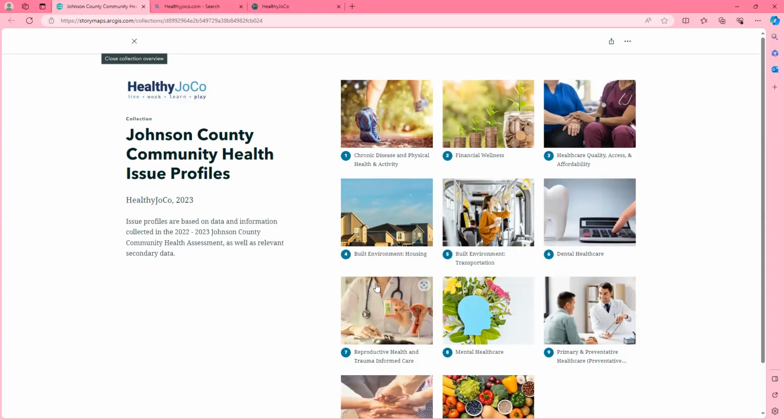The purpose of the issue profiles and the community survey is to share the information collected from the community surveys that we've conducted over the last year and a half. Additionally, we hope to gain input from the community about which issues Johnson County Public Health should prioritize in the coming years. These 11 profiles are a summary of the 3 assessments that we conducted, and they're grouped according to themes. These issue statements have been written after analysis, discussion, and consideration by our team from our community assessments, community stakeholders, as well as secondary data.